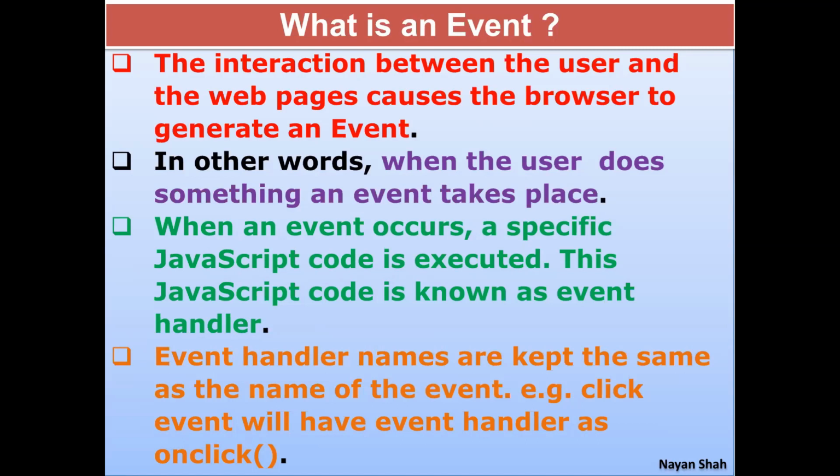Now in JavaScript, for every event, there is an event handler. An event handler will take care of the event. So you must be knowing, even without a web page, when you open any program and you move your mouse on the file menu, the file menu gets highlighted. So that's called an event. And there is a program written for that event, that when the user's mouse comes on this particular word, that word must get highlighted. So that is event and event handler.